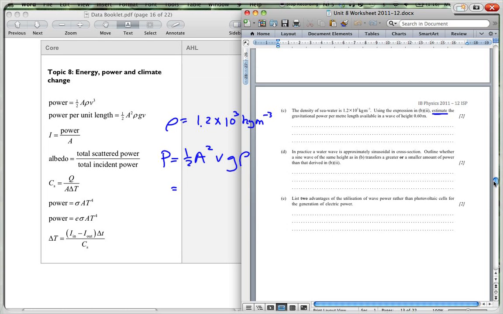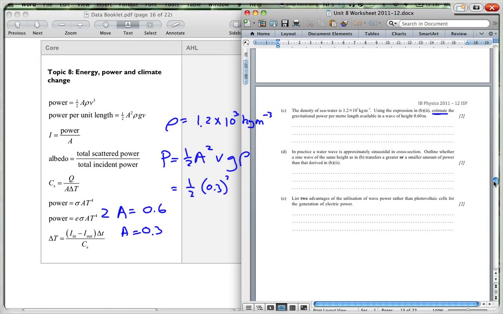I'm told that my total height was 0.6 meters. So my height there is equal to 2a. 2a is equal to 0.6, so a is equal to 0.3. So I'm going to have a half